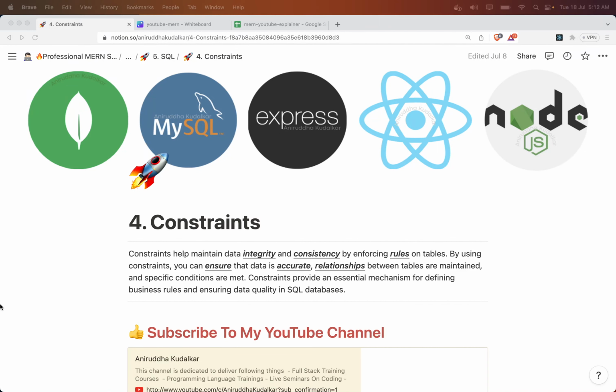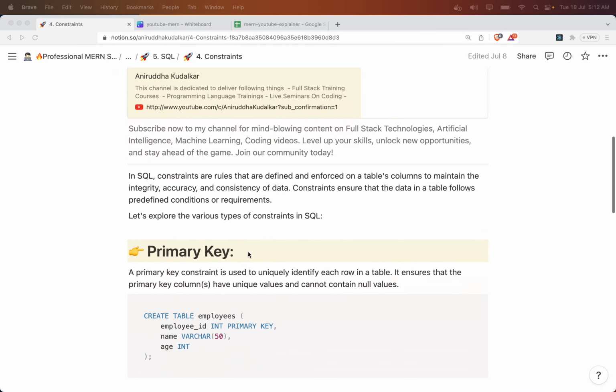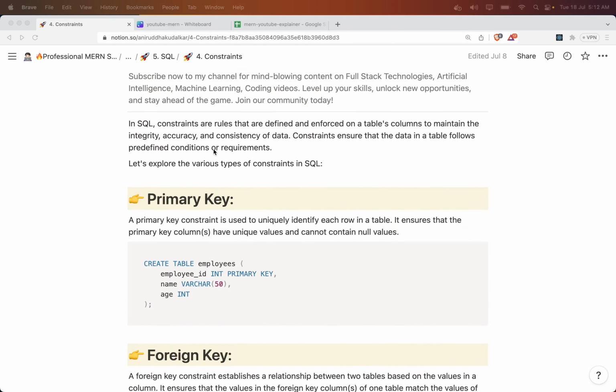Hi, let's start with a new topic, that is nothing but the constraints. Database constraints, SQL constraints, whatever you would like to call it. But whenever you talk about constraints, remember that these constraints are the rules that we put on the table, more precisely on the column,